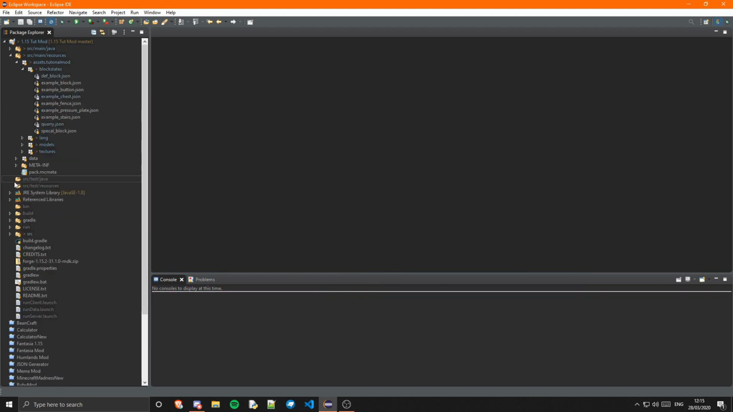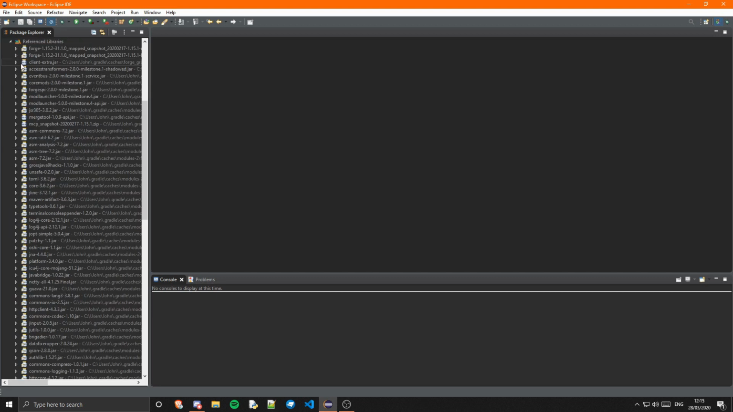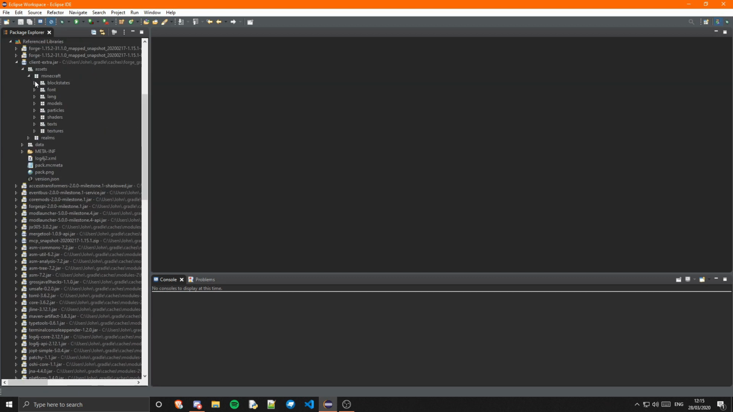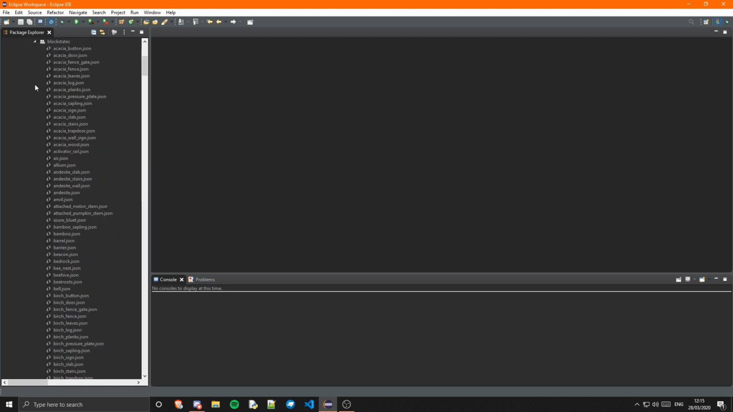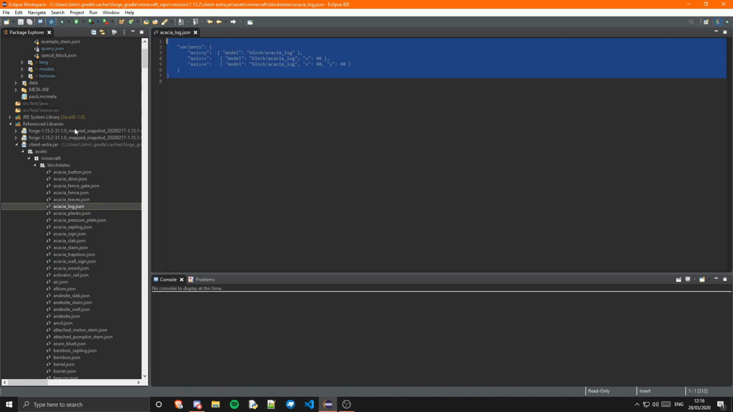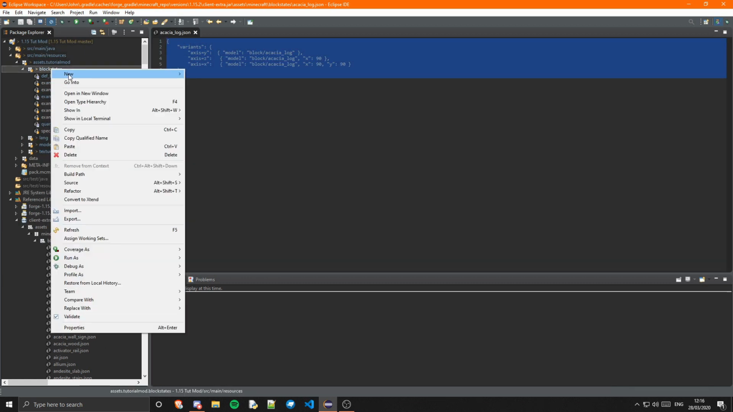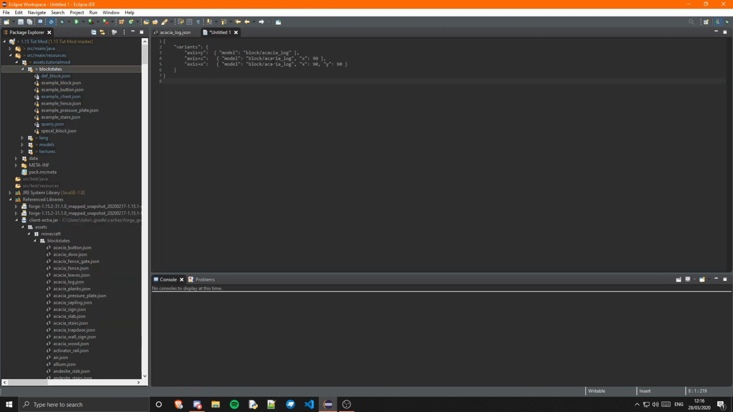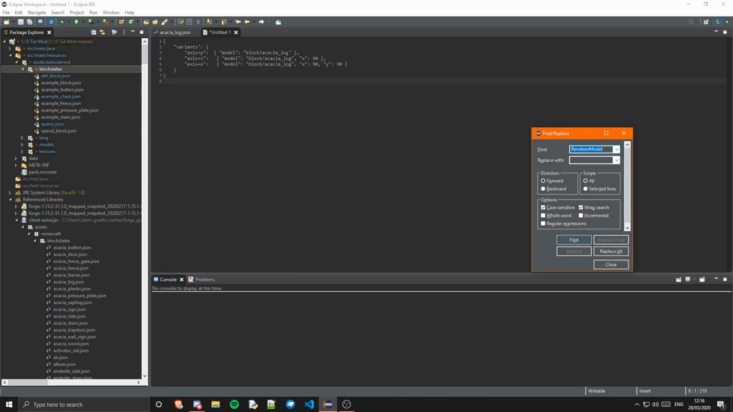So first is the block state. So let's look into the vanilla stuff. So client extra assets Minecraft block states, and we'll look at the Acacia stuff because that's honestly easiest, and we can just copy that one. We can create a new untitled text file in our block states, paste that in, and basically you just want